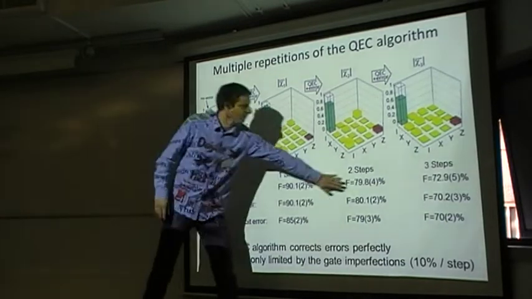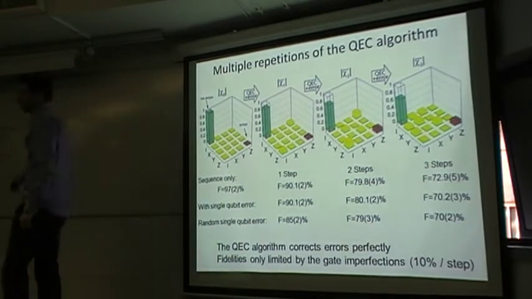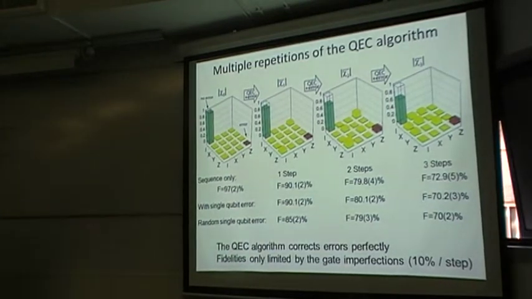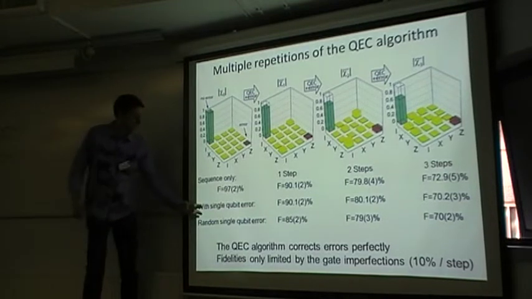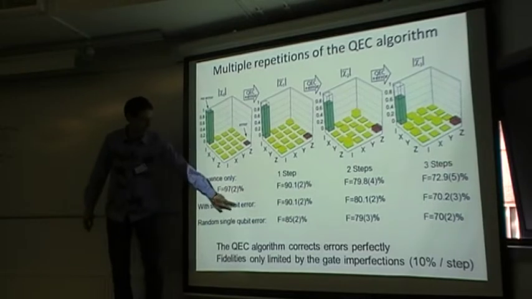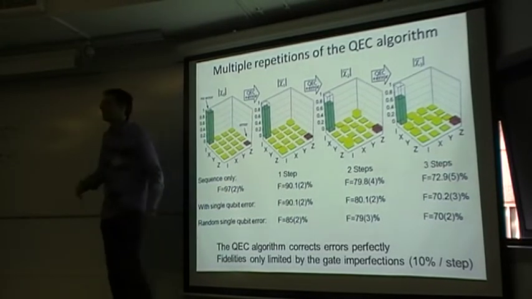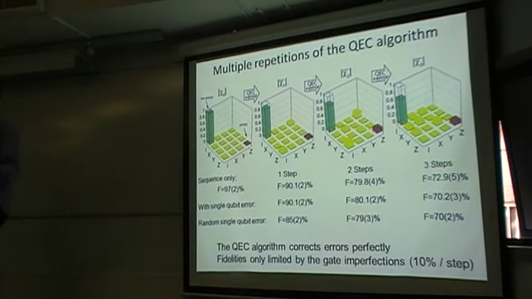You can repeat it again, 2 steps, 3 steps, and each time the fidelity drops by more or less 10%. Okay, now you can also induce single bit flips as an error. For example, for the first qubit, for the second qubit, you can average over that, and you see the fidelity doesn't drop with respect to applying no error, so that means the error at least is